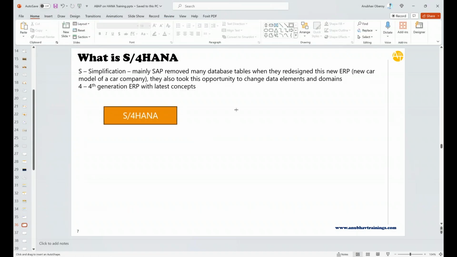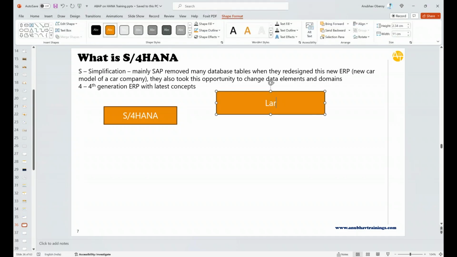For large corporations, large companies like Nestle, BMW, ONGC, Reliance, Shell, BP, HPCL, IOCL, Colgate, all these big brands that are using SAP ECC ERP or Business Suite ERP, for them SAP introduced S4 HANA